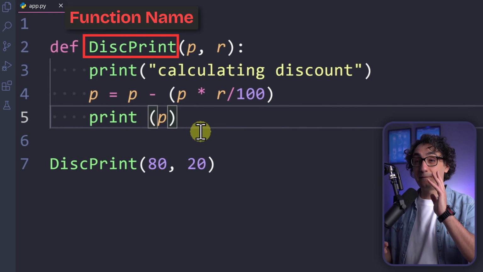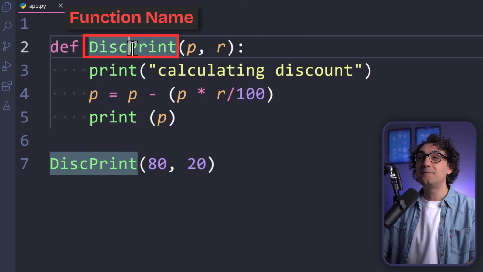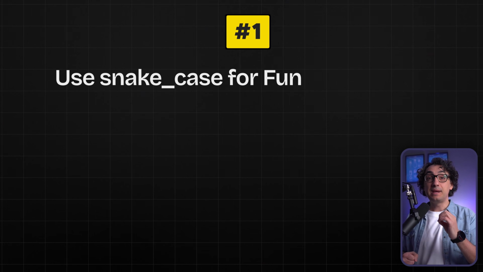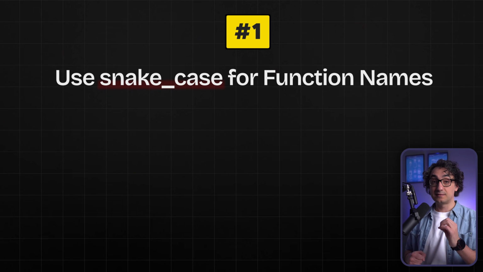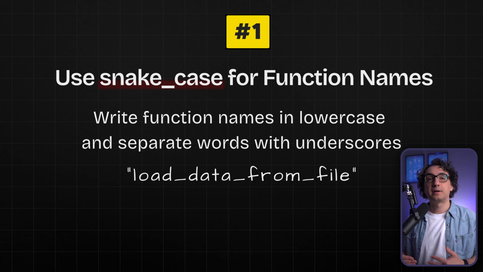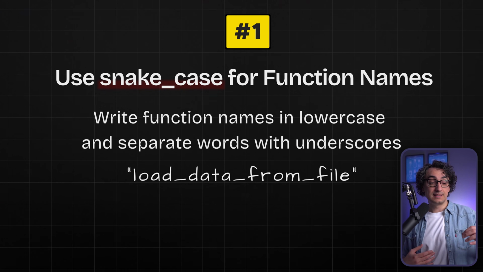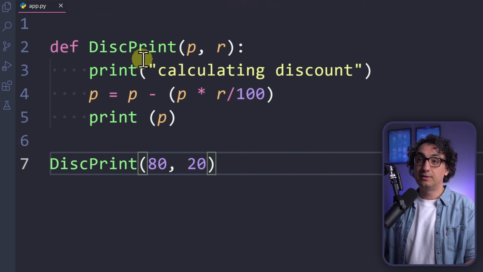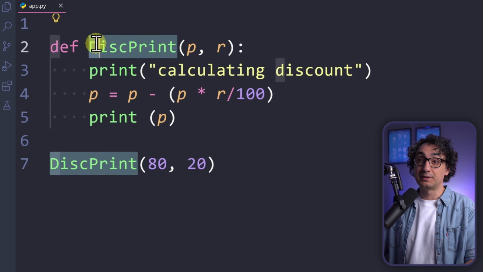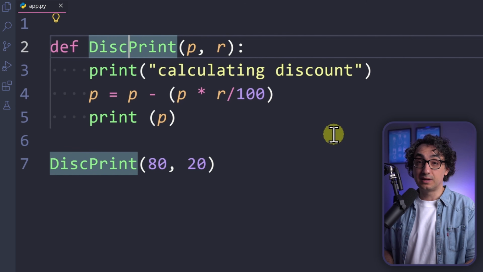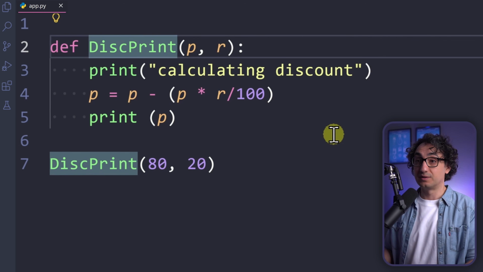So usually the first thing that I look at is the function name. And here we have a few rules. The first rule says: follow the naming convention, snake case for the function names, where we use lowercase letters and separate them using underscores. This is the official style from Python if you are following PEP 8. Looking at the function name, as you can see, it is not following our standards. The D is uppercase and the P is uppercase as well. And the two words are connected to each other. There is no separation, so there is no underscore.